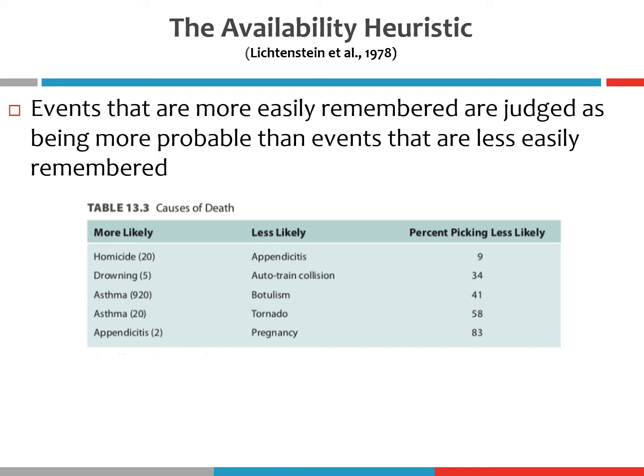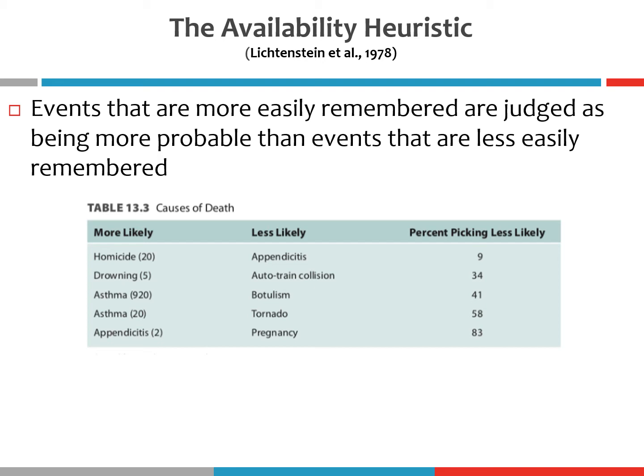So for example, 9% of participants thought it was more likely that a person would die from an appendicitis than as a result of homicide. And in this case, the majority of people, or 91% of participants, correctly picked homicide as the more likely cause of death. So that's one instance where people successfully concluded that the more likely cause was actually more likely. But for many of the other causes of death, a substantial portion of participants misjudged